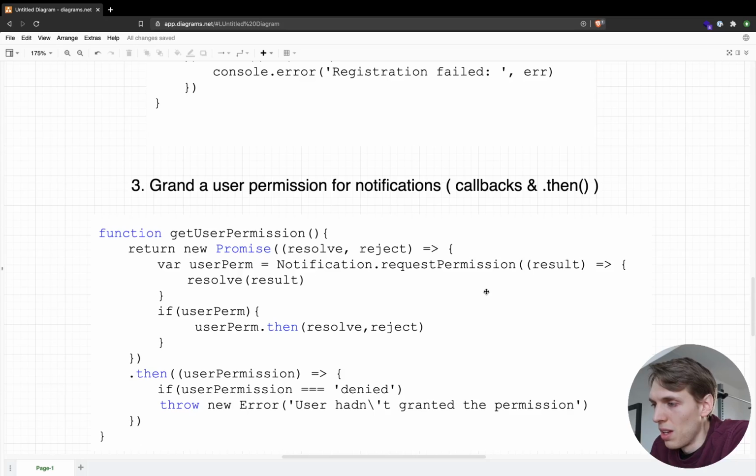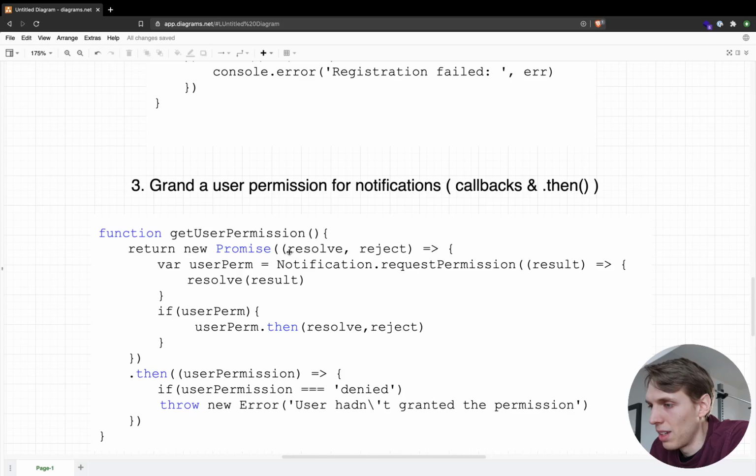So the new way is to receive a promise and then handle this promise with .then. But because we can't say which browser the user uses, we have to support both ways. So here I'm creating a function getUserPermission, and I'm returning a new promise which